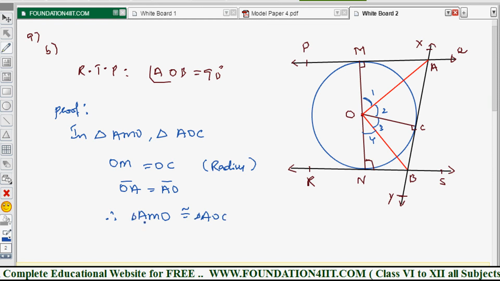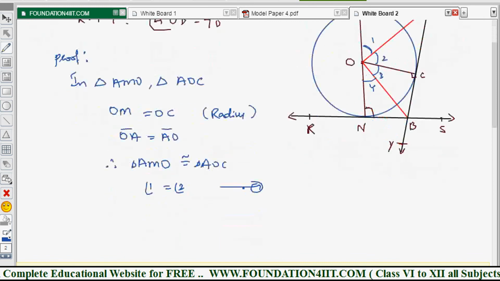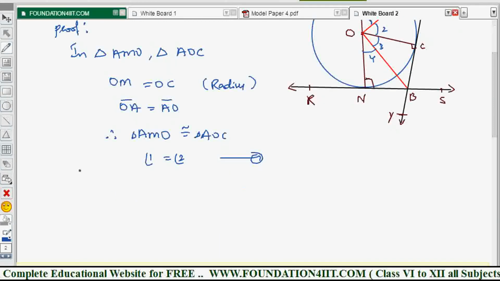These two are congruent by the RHS axiom. Therefore angle 1 is equal to angle 2 by CPCT. Let me take this as one equation. And we need 3 and 4. Therefore in triangle COB